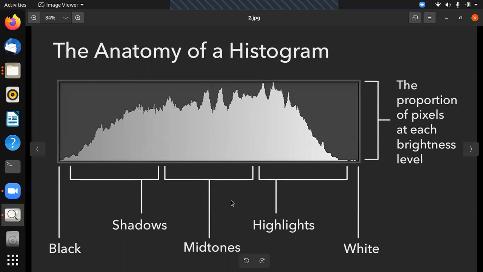It is nothing but a graphical representation which analyzes a particular photo, and it tells us what are the areas or how many pixels are there which are of type midtones, how many pixels are of type highlights, and how many pixels are of type shadow.